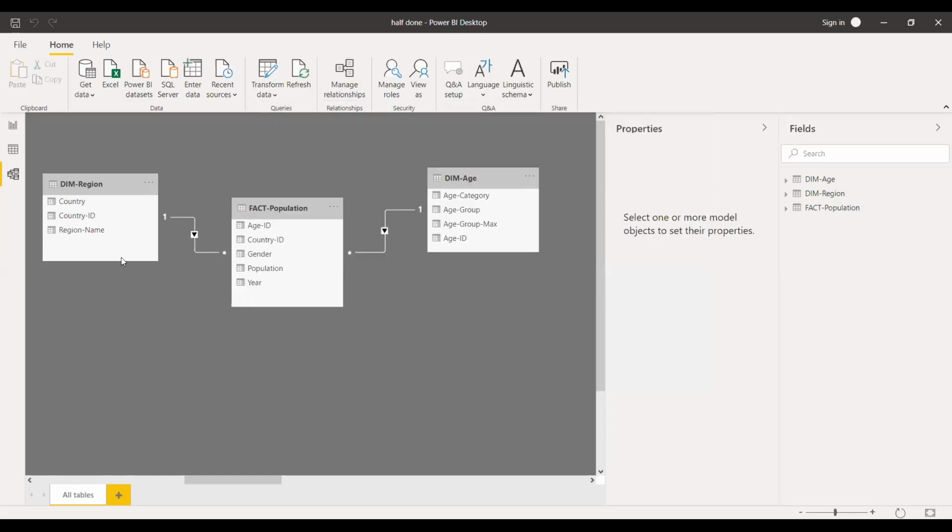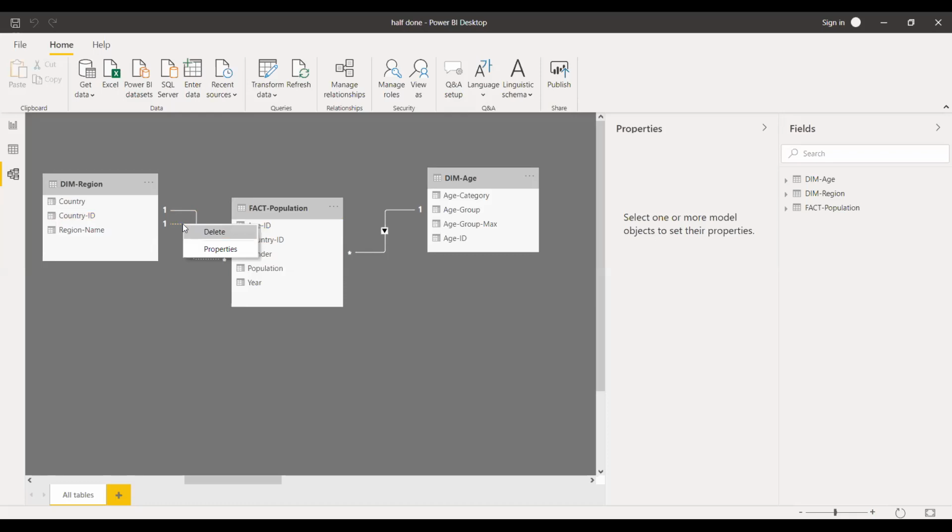Now, what if I give this country ID to my age ID? So my previous one is country ID and my ID, and this is for my country ID and my ID. So my country ID and country ID is active. This is my previous one. The recent one which I added, country ID and the age ID, is inactive. It's right. I don't need it because I already have a connection or a relationship between the tables. So I don't need this. That is the reason you can see the second one which you are adding is inactive.